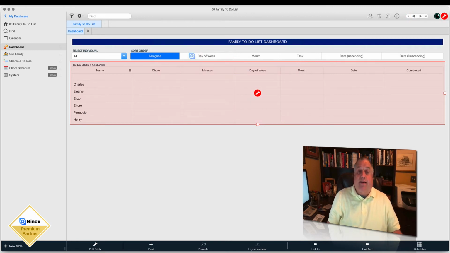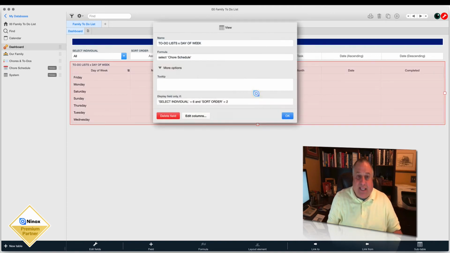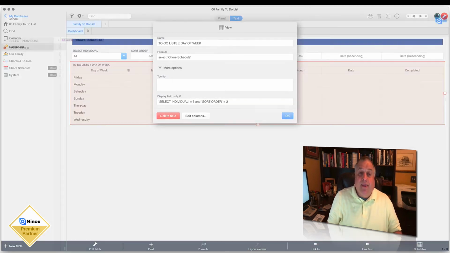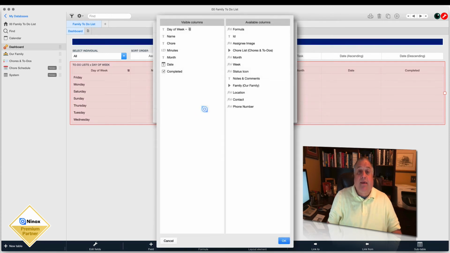Right now it's 1. If it becomes 2, we see a completely different view. It's the same formula. We're selecting the records in the same table. All records in the chore assignment or chore schedule table, but this time we are grouping them by the day